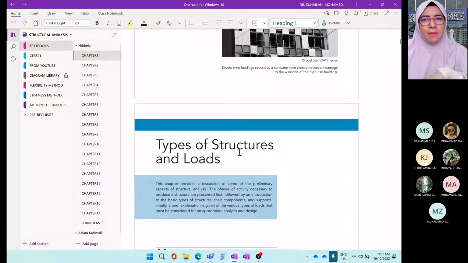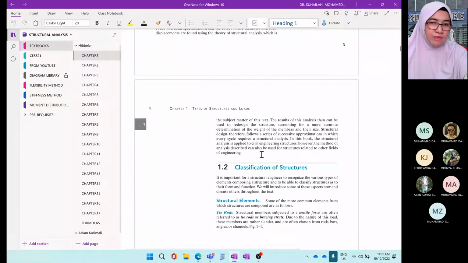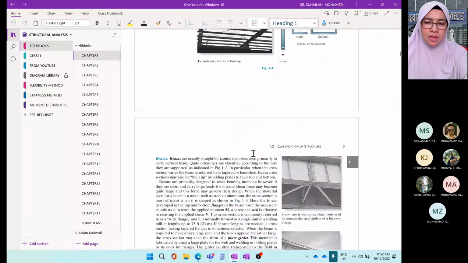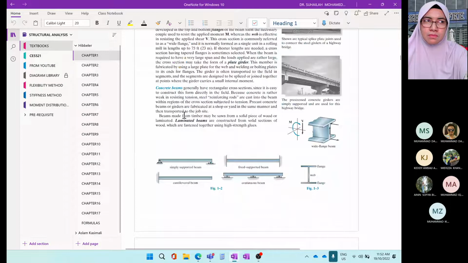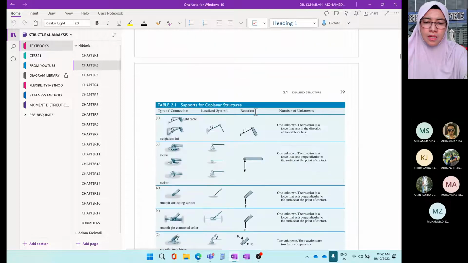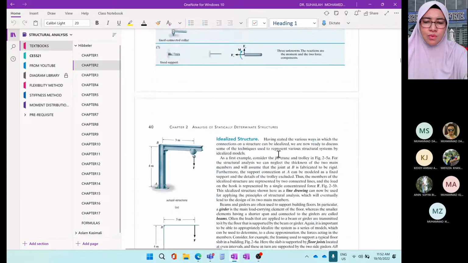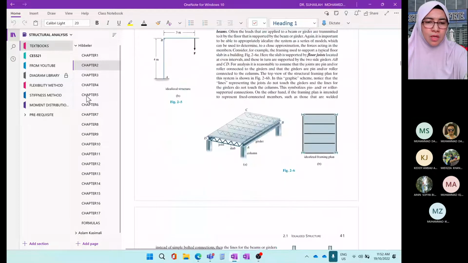So benda-benda ni nampak macam dah belajar dah dulu kan. Tapi sometimes you need to refer. Sometimes you need to refer and you have to read. You have to read in order for you to understand more about what you learn. Tapi tak adalah kena baca semua, just choose the one that you want to study lah kan, tak semua pun nak kena tengok.